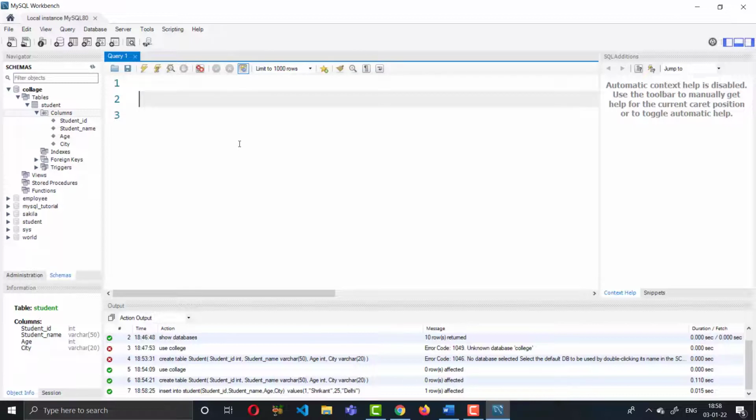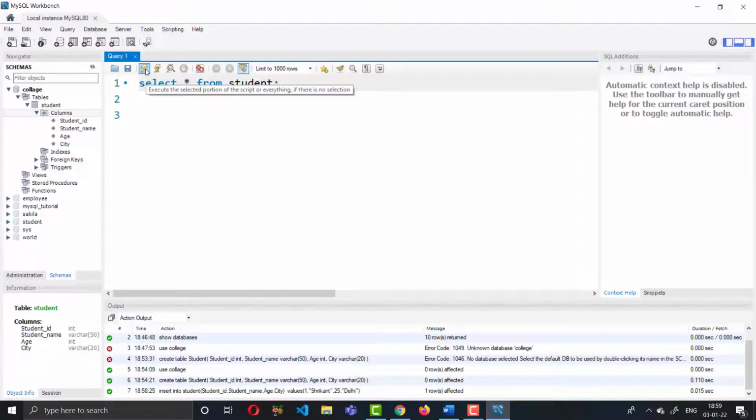So we will use the select clause. Select is used to select some part of your table. Select star from. From is a clause, so from is used to say which table you should select. So give the table name. So select star from, what is the table name? Student, and a semicolon. If you are not passing it, this is also no issue.